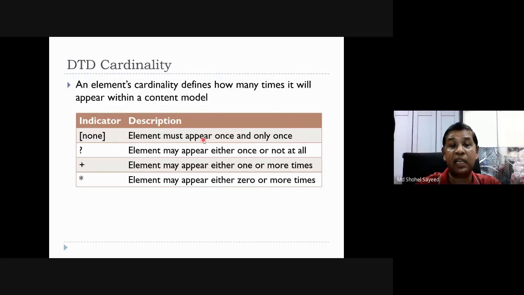If we put a question mark, the element may appear either once or not at all. If we put the plus, that means the element may appear either one or more times. If you put the star mark, that means asterisk, the element may appear either zero or more times. So this is how many times the elements can appear.